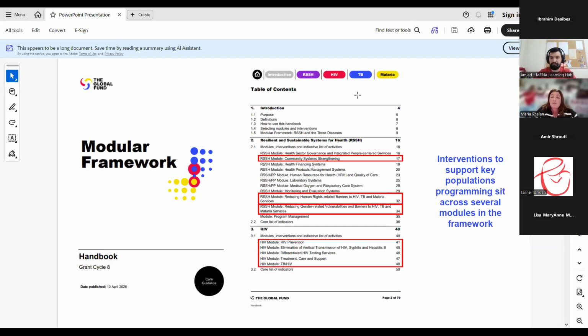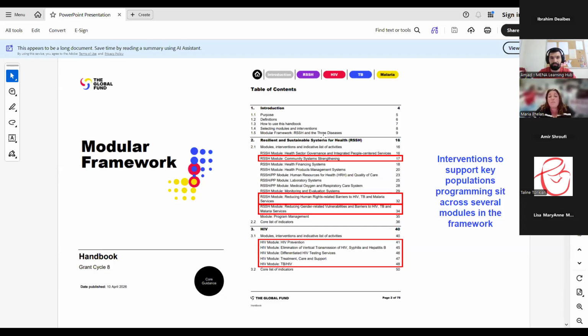We have a clear definition of key populations, which is aligned with the UNAIDS definitions and is stated both in the prioritization guidance and in the modular framework. What I think is important is population-specific programming has not been removed. Countries can still design and budget for tailored approaches by population. Target and delivery strategy can and should remain population-specific, and investments are expected to be aligned with the epidemiological context.